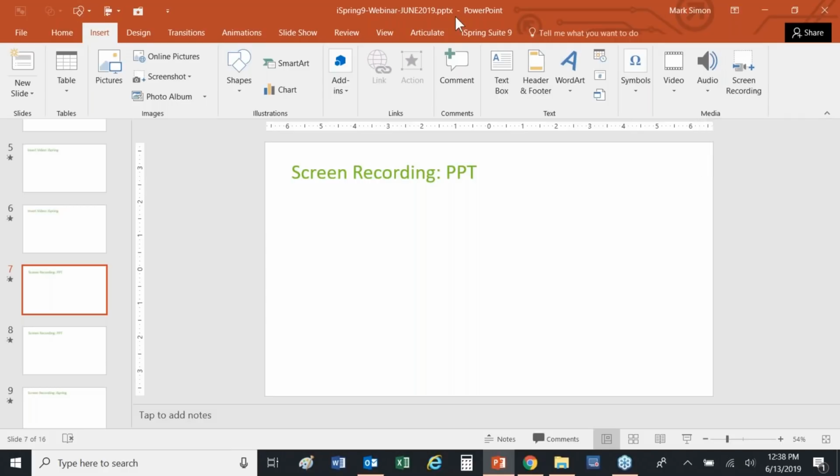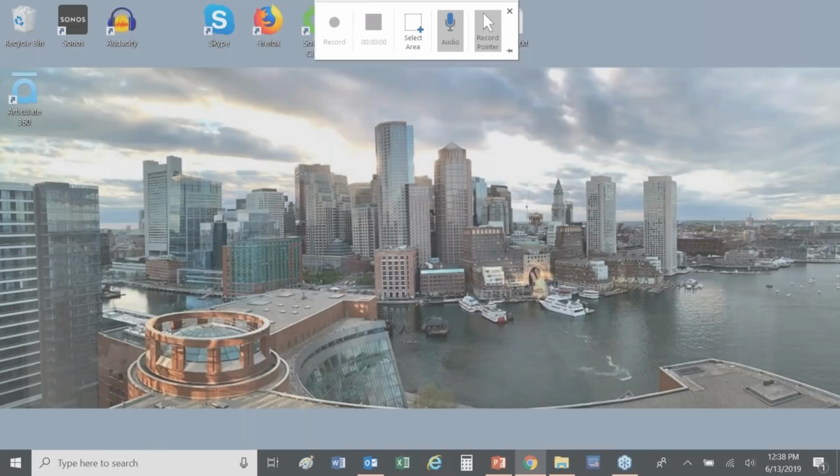Okay, so if you're using PowerPoint's screen recording tool, it's off the insert ribbon down at the end and right next to insert video, insert audio, insert a screen recording. And when I select this, starting over again, you notice that it's kind of grayed out my screen. And down here, if I wanted to start an application now at this point, just to kind of like prepare it, I have no capability of starting my MS Word or MS Paint or Excel or any other one of my tools down here. So what I have to do is I have to do a do-over,